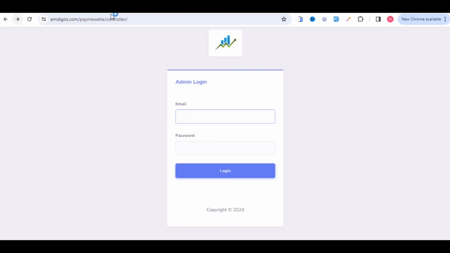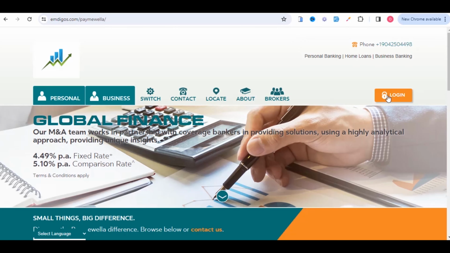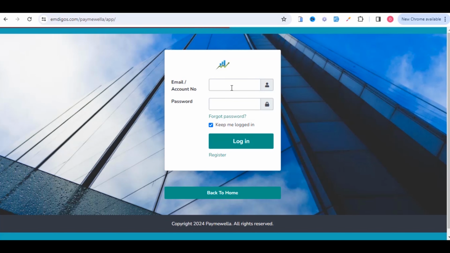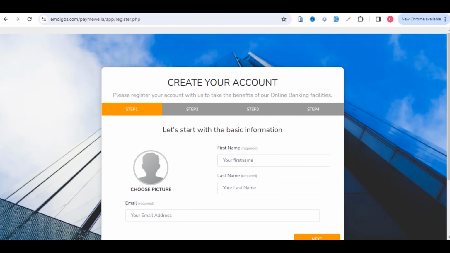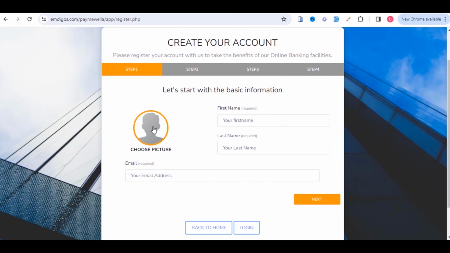So let's just remove our controller and pay me well. So you click on login. Once you click on login, you get this. Since we don't have any user, any login details now, we just go to register. Once we want to register, we just quickly come here,